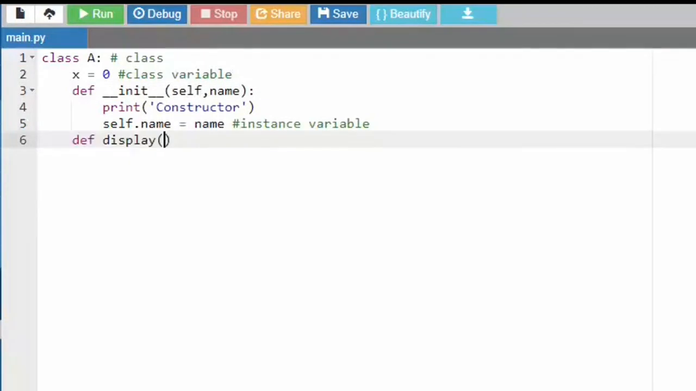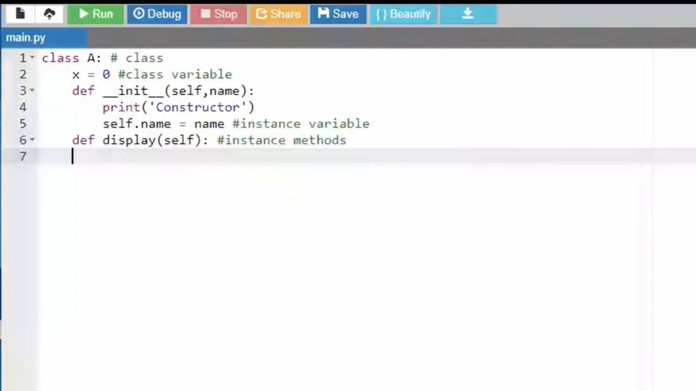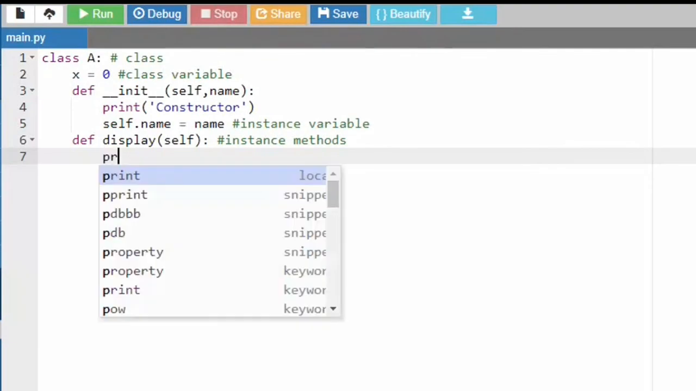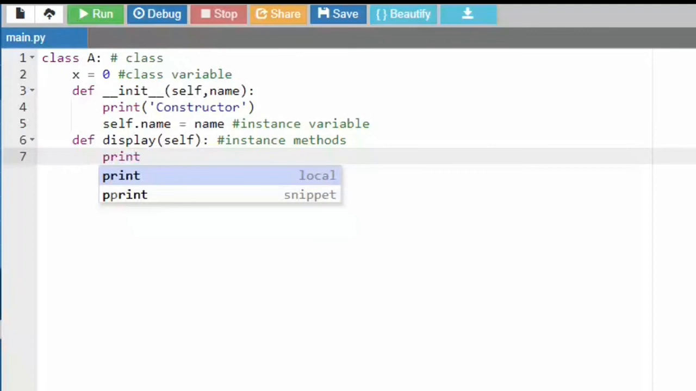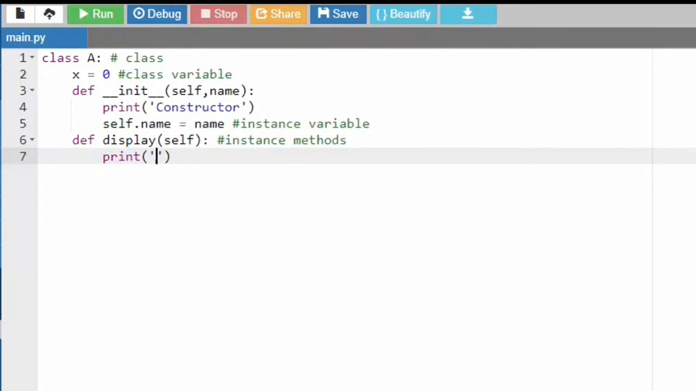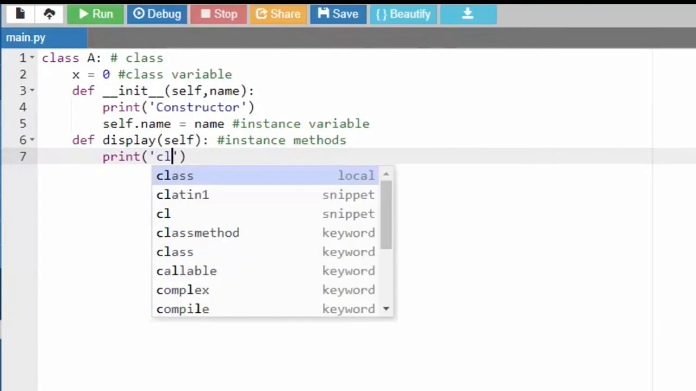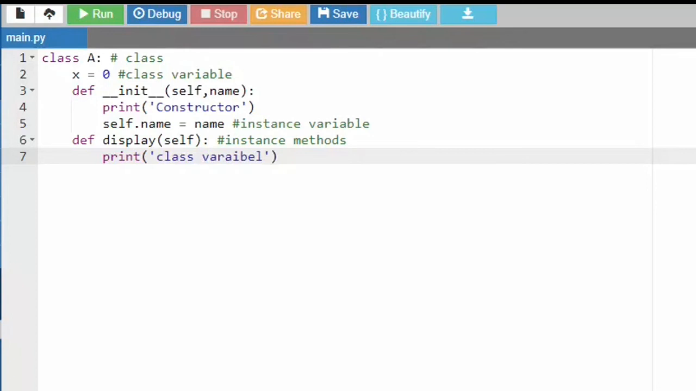Okay, so this is my instance method, the display method. Inside the display method, I'll just print the class variable. I'm saying class variable. And how do I access the class variable? By the class name. So I am saying a dot x, and then